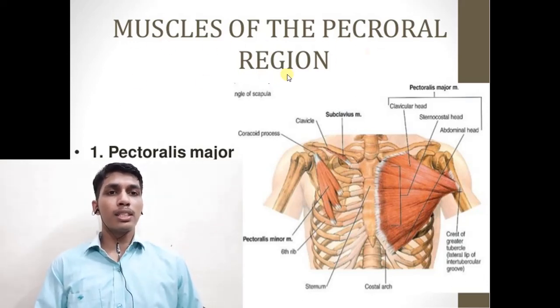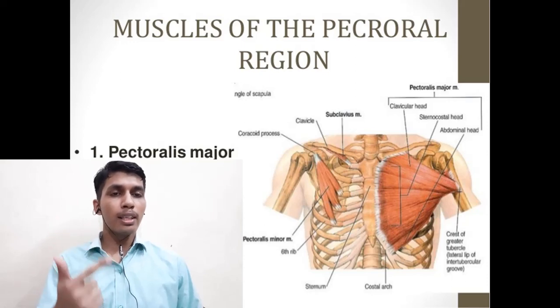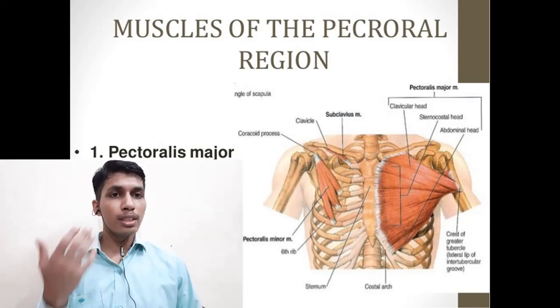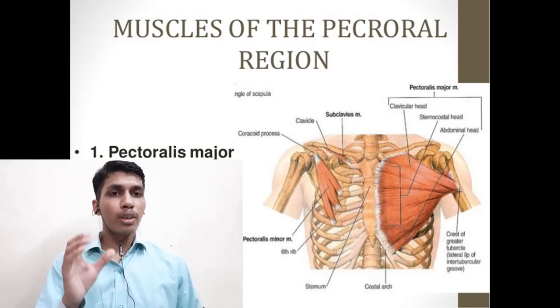Today I am dealing with the muscles of the pectoral region. In the previous video of the pectoral region playlist, I have dealt with the platysma muscle. Here I will start with the major or the chief muscles of the pectoral region, that are pectoralis major, pectoralis minor, subclavius and the serratus anterior. I will deal with all four muscles in detail in separate videos in continuation of the muscles of the pectoral region playlist, and in this video I will basically focus on the pectoralis major muscle only.